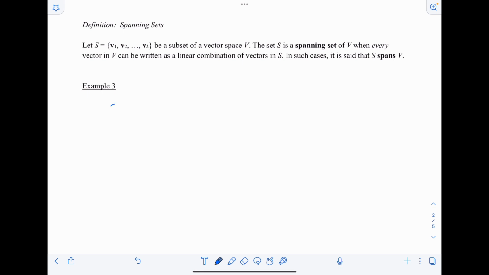So just to give you a couple of really simple, straightforward examples here, let's suppose that our subset S is defined by the vectors 1, 0, 0, 0, 1, 0, and 0, 0, 1. So these are all, again, obviously in R3. So we're going to say that this spans R3. Okay, so I'm already kind of jumping to the conclusion here that S is a spanning set of V. And I'll show you why. Okay, so we say that S spans R3, this is basically V. Okay, this is our vector space V, because